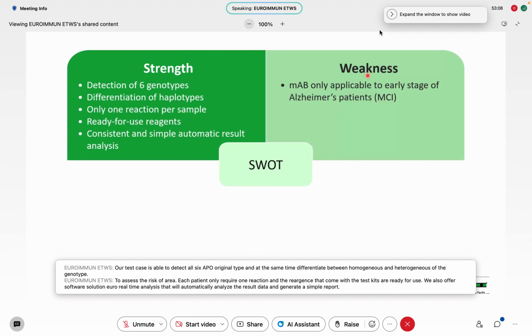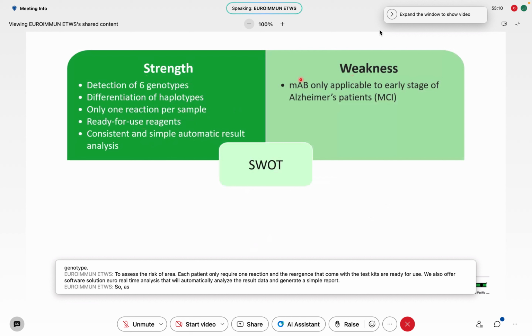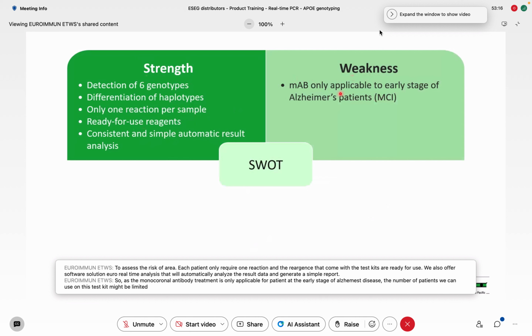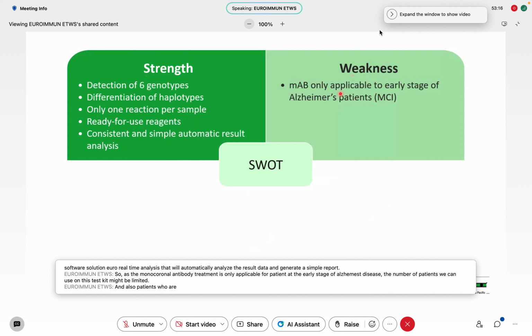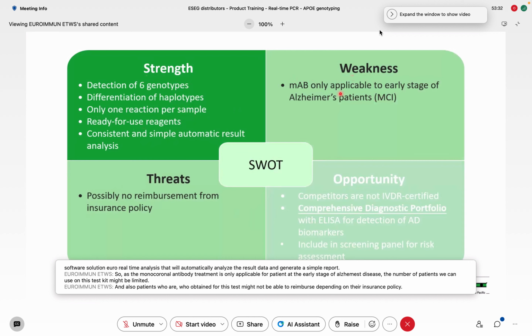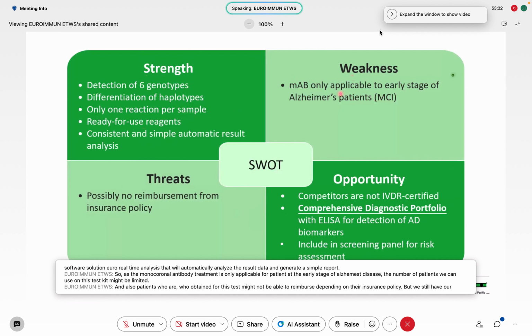So, as the monoclonal antibody treatment is only applicable for patients at the early stage of Alzheimer's disease, the number of patients we can use this test kit on might be limited. And also, patients who take this test might not be able to get reimbursement depending on their insurance policy. But we still have our opportunity, as